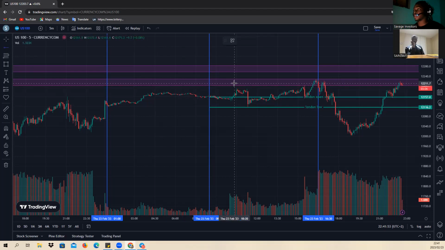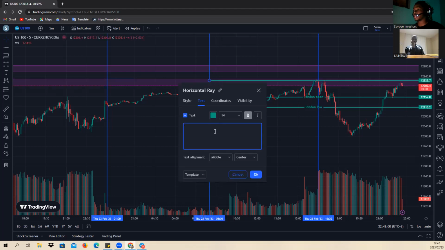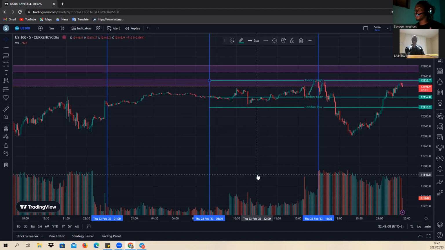And then we have the London high. And in this situation, you can see that the London high was in an order block as well, which basically gives more confluence to the entry. So as you can see there,